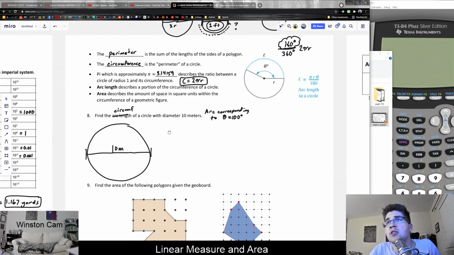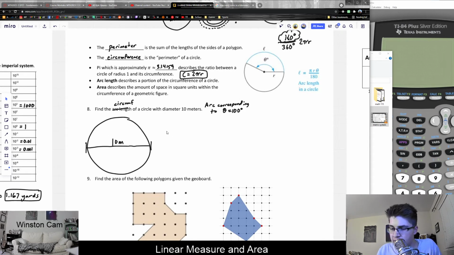But let's start with the circumference. So the circumference of the pool in this case would be 2 times pi times r. Also remember here that the radius is half the diameter. So here we'd have 5 meters. So I'd have to do 2 times pi times the radius. Or another formula you may have seen is that the circumference is also sometimes written as